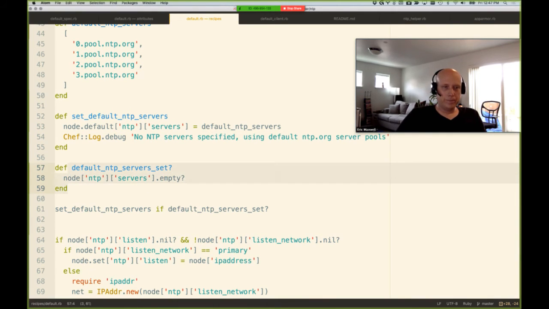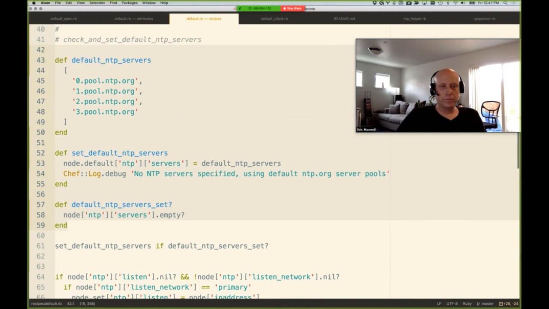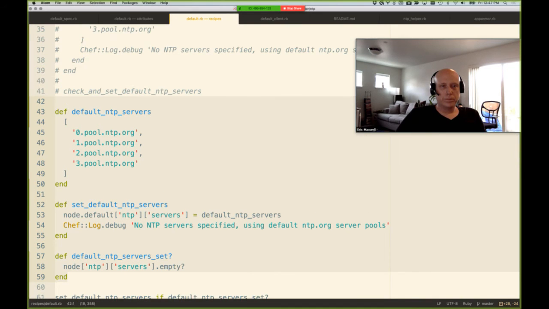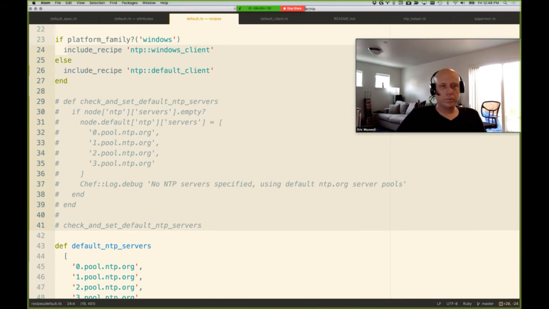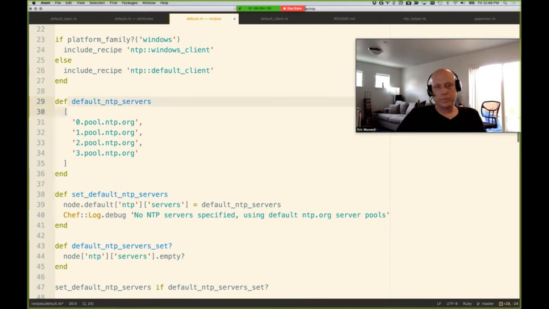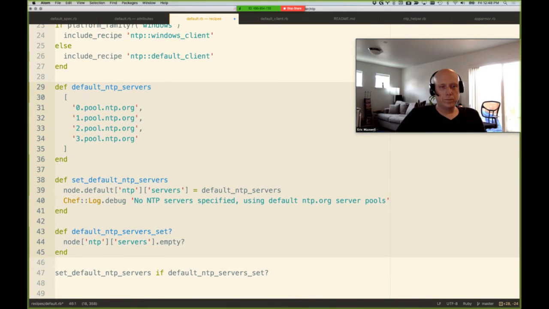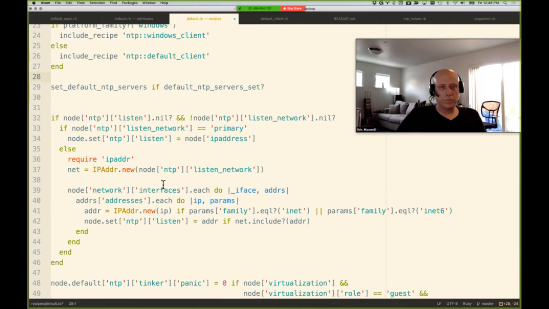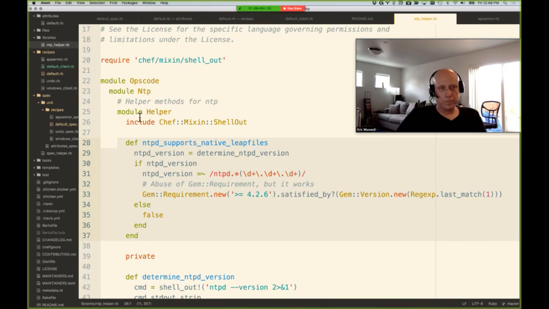So if we want this to work as a helper method, now that we've done all this work, let me clean up the other stuff here. So let's delete this, our initial talk. That was great to work through. And then we'll take this code right here, and I'm going to move it over to the NTP helper module